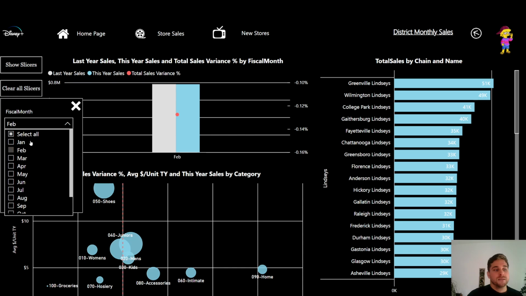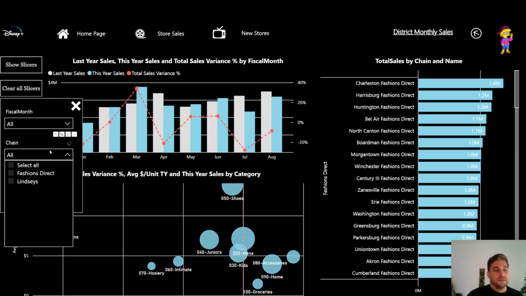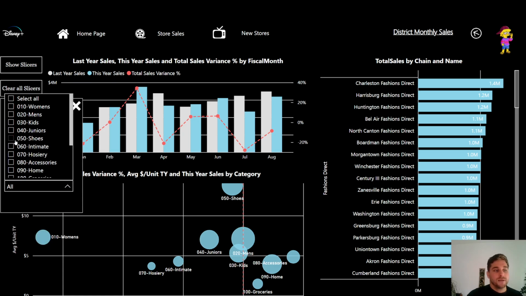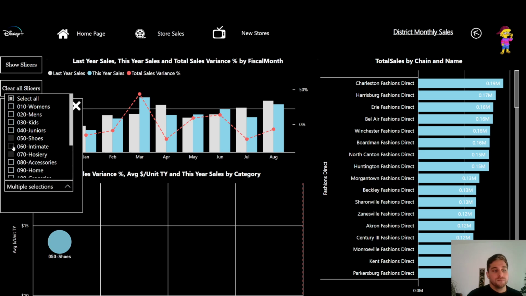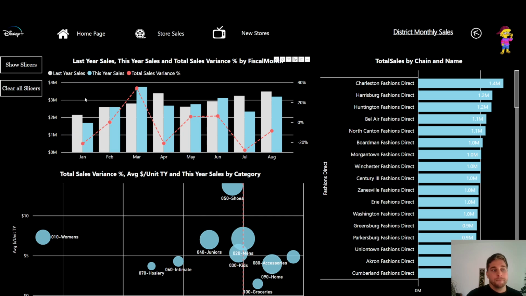We could select the chain we are interested in, or we could select the different categories and analyze the categories independently.